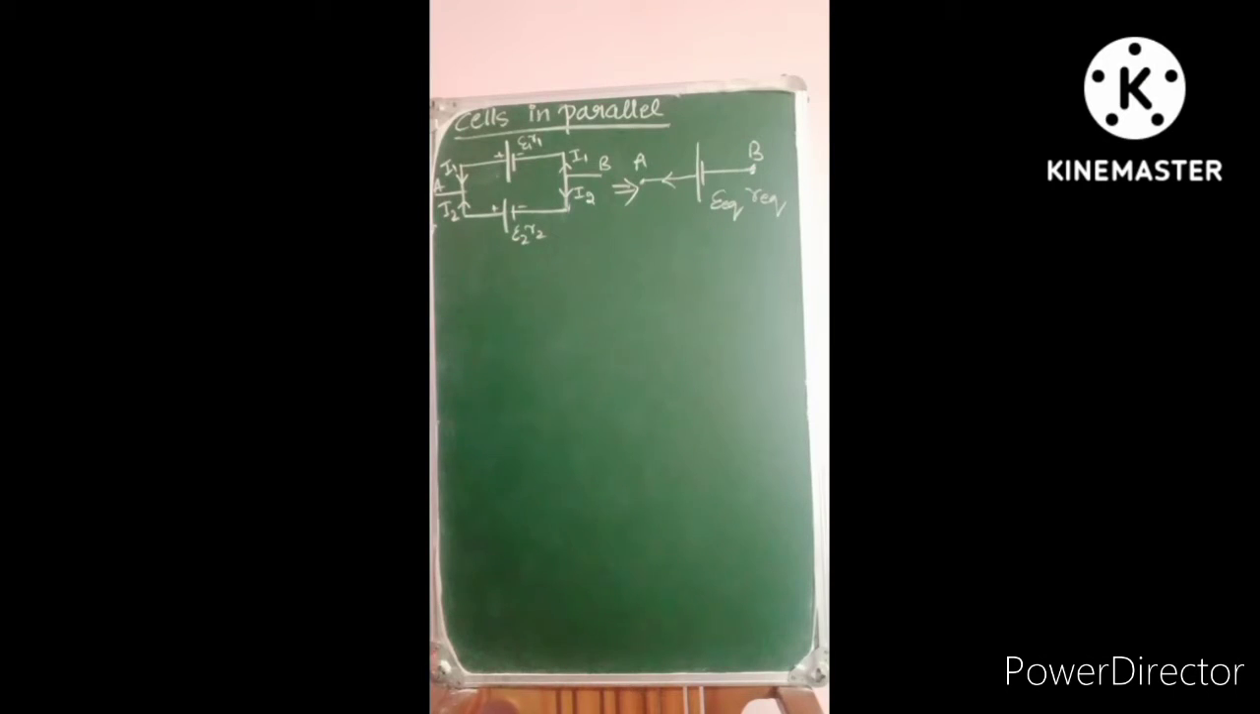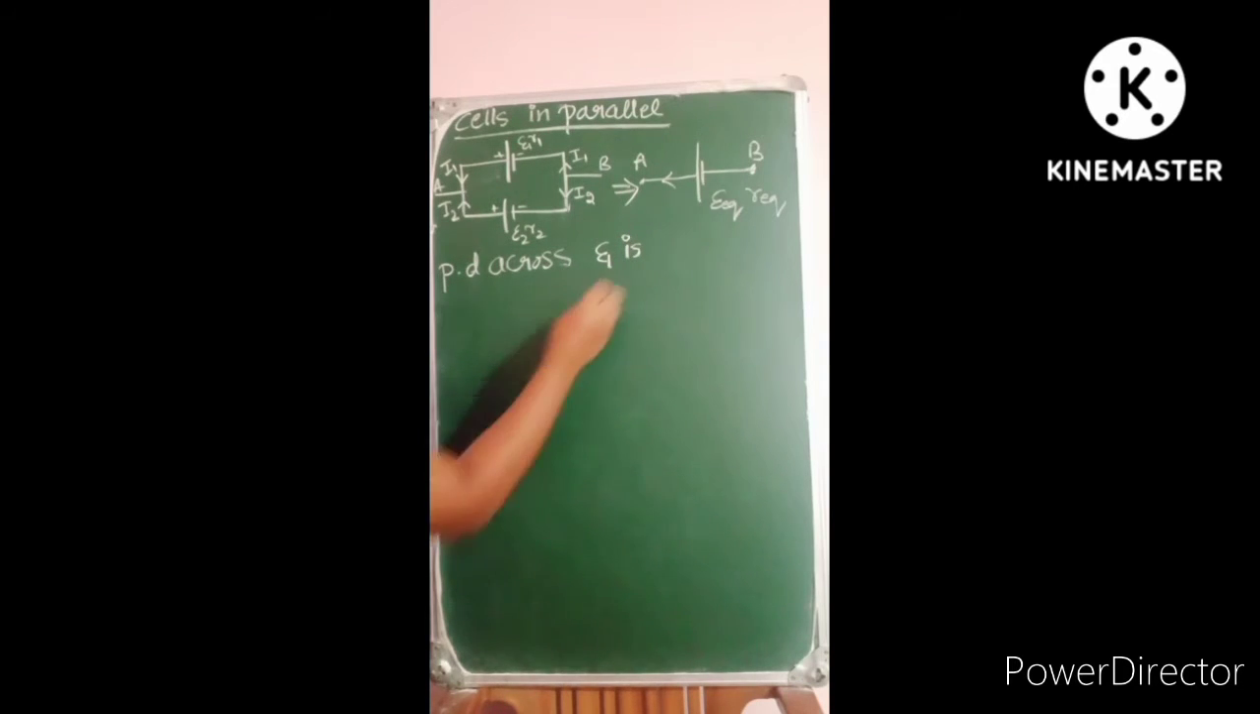Next we are going to study the cells when they are connected in parallel. What will be the EMF value, the equivalent EMF, and the internal resistance, that is the value of small r? For that, let us consider two cells of EMFs E1 and E2, with internal resistances R1 and R2. The potential difference across the first cell